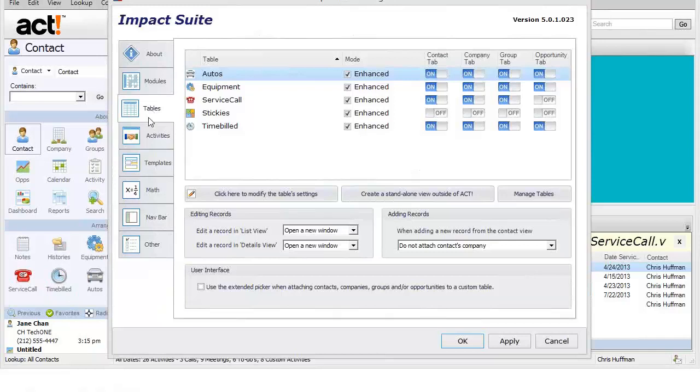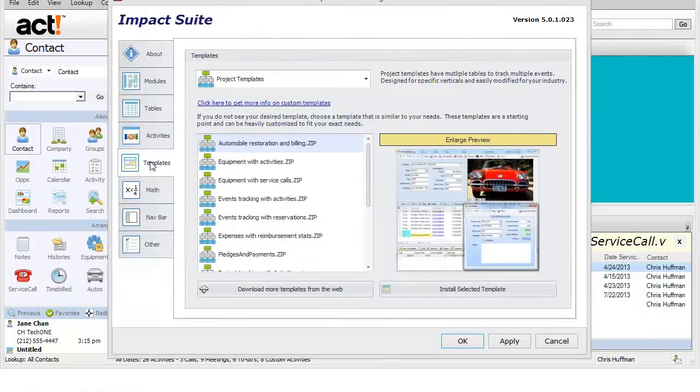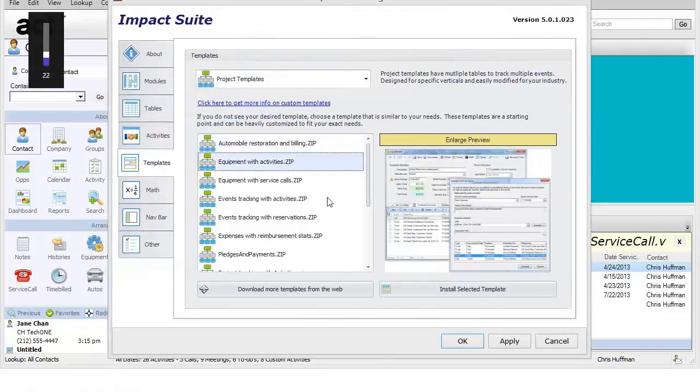So what you can do is create a table from scratch, or you can use one of our templates to build a table. If I just come down here 2 notches, I have templates. These are templates for custom tables. So if I was to just scroll down this list and look at these,